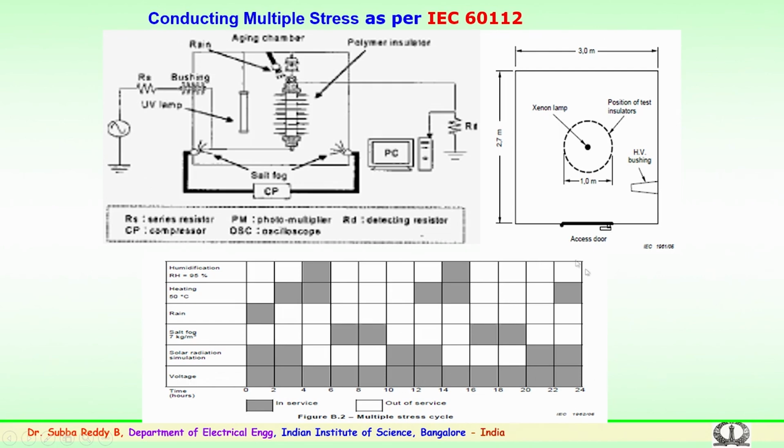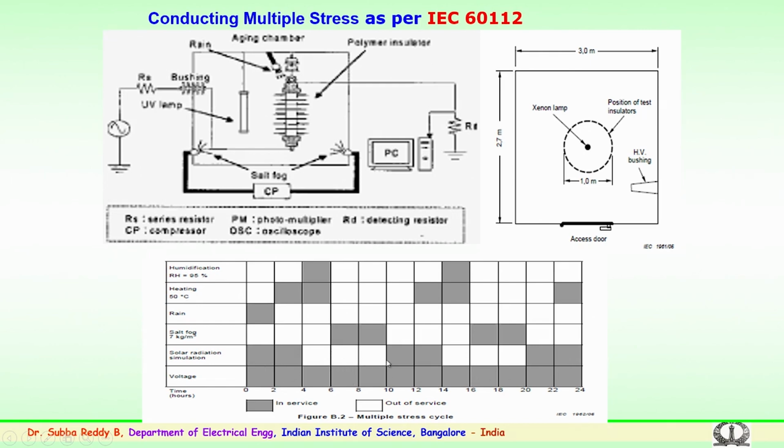This cycle here describes a 24-hour period of electric stress. Depending upon the number of hours, say 1000 or 5000 hours, this is continuously repeated with a break as mentioned in the standard. So, the voltage stress is continuously applied for 24 hours in a day. Then, when it comes to solar radiation, each block here is 2 hours. So, 4 into 3 blocks, that is 12 hours, is the simulation of solar radiation with a gap interval